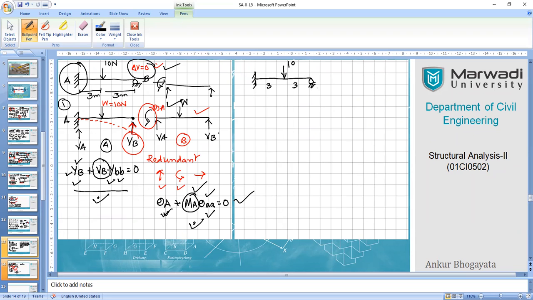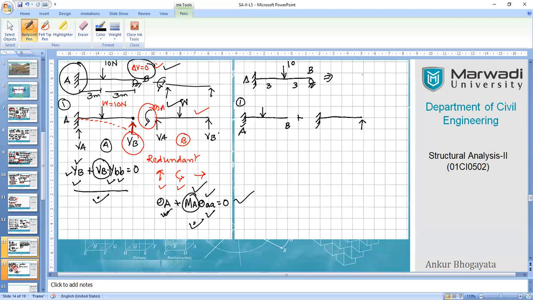So the first thing is you have to decide the redundant. Let me decide the redundant over here as the vertical reaction, right? So my basic beam will become like this in two parts. The first thing is to find the redundant, so I have selected the redundant and removed it. So this is my structure 1, plus this cantilever. Now I will not use the external force but only the force which I have removed. Let us say this is A, this is B.